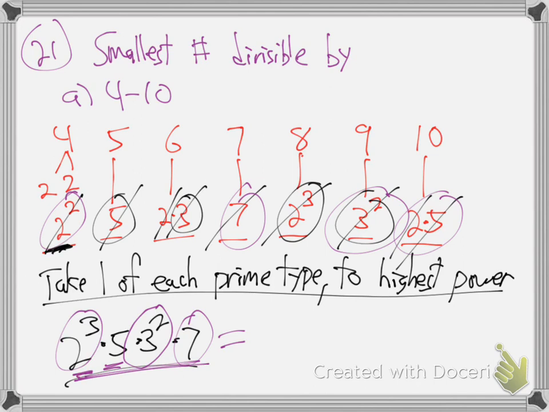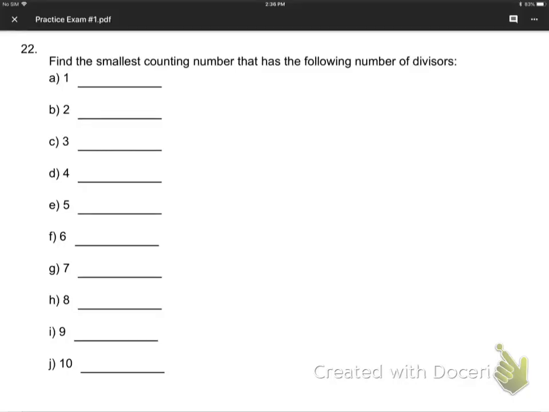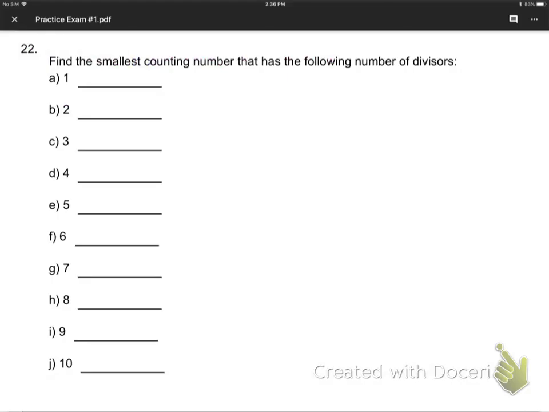Okay. How about 22? A little more systematic. Basically, if you want to find the smallest number with